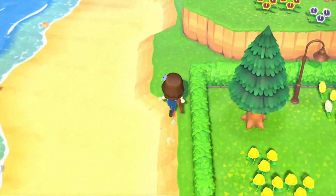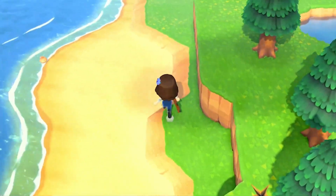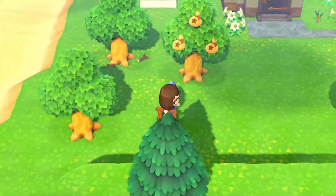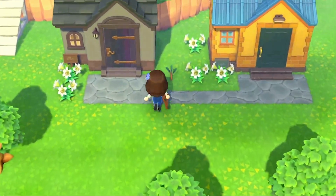And yeah, here's the other side of this little stump. There's not much going on there. There's just a little pond and some flowers. So not gonna get too into detail of that, but up here I started planting flowers and I started making